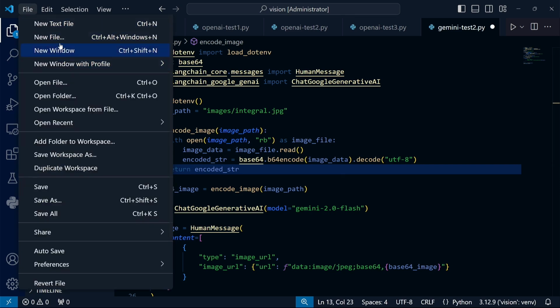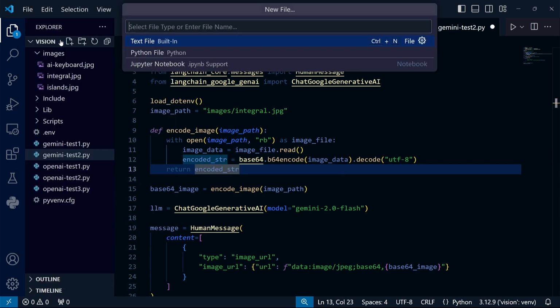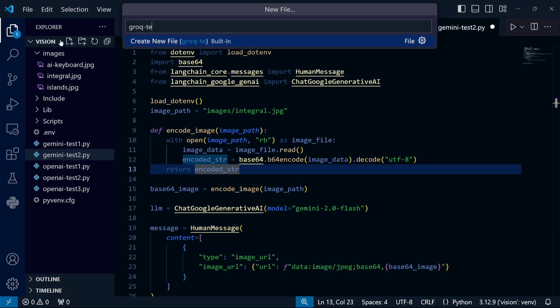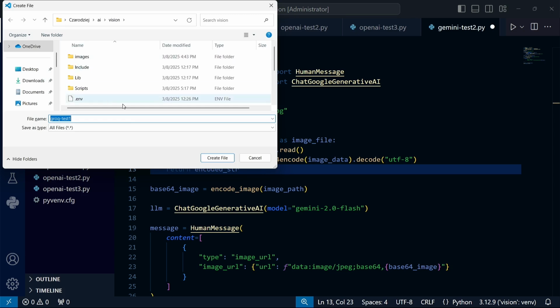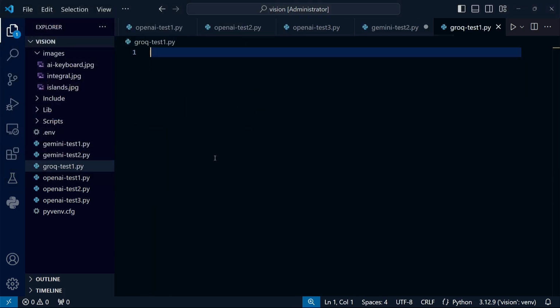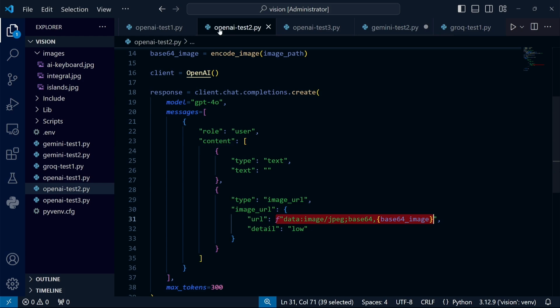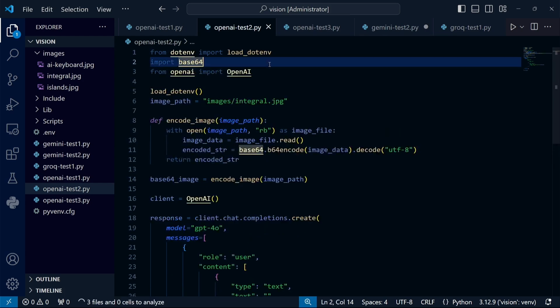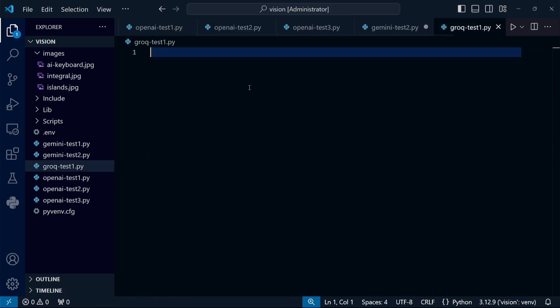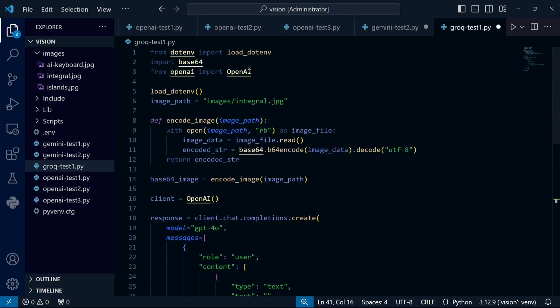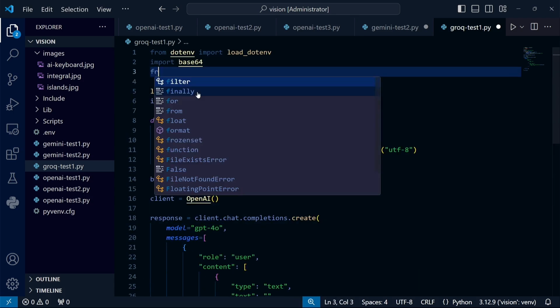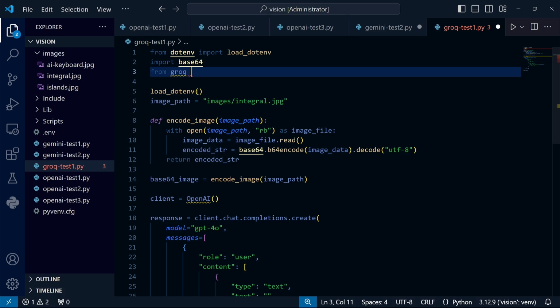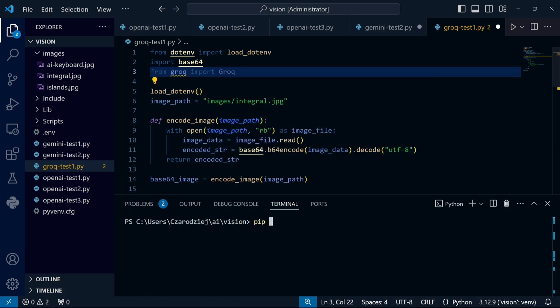Let's move on to our last provider, which is Grok. It's a great platform that offers open source models. And of course, free API keys for developers. Here, for a change, I will take our second program for OpenAI. I am copying it into my Python file grok-test1. Let's see what needs to be changed to use Grok models. These are definitely libraries. I need to import them and, of course, install them.